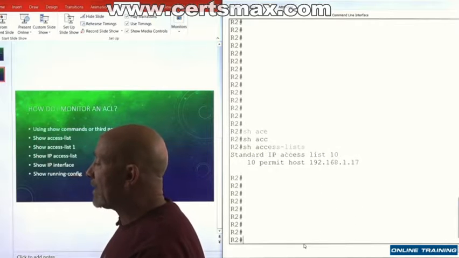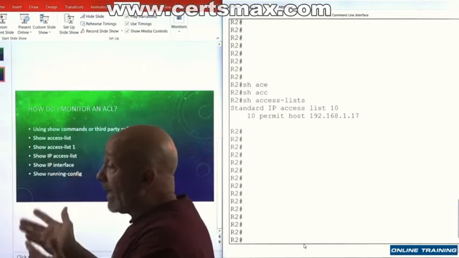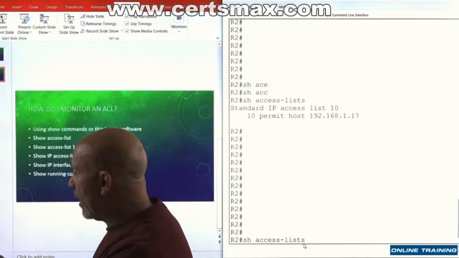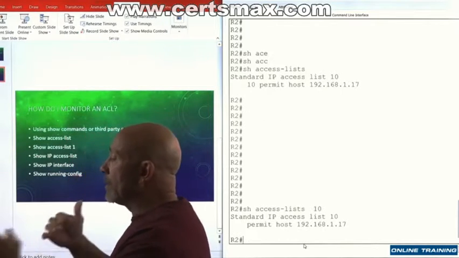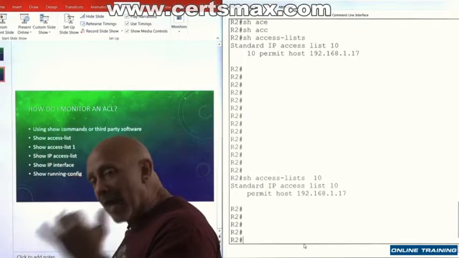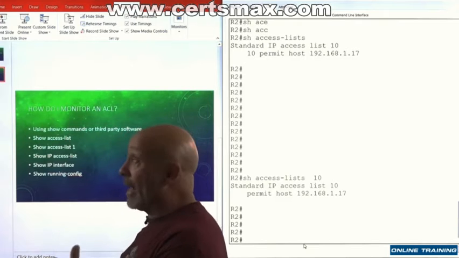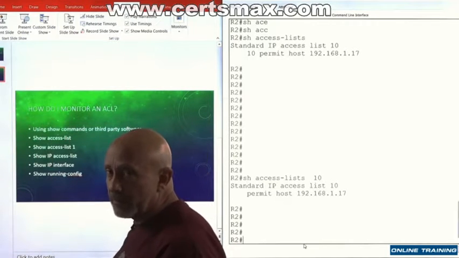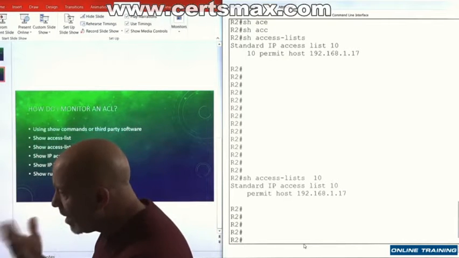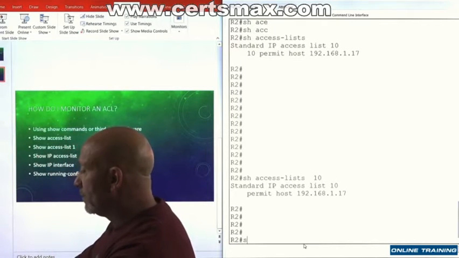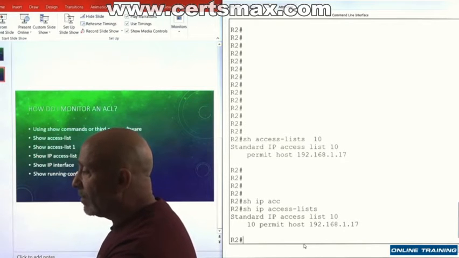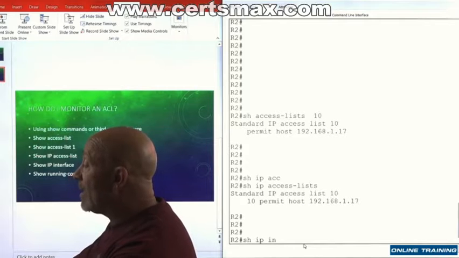And here we have access list 10, that's a standard IP access list. Or we can do, oops, let's up arrow, show access-list 10. The difference between one and the other is that show access-list will show you every last access list that you have on your router. So if you're looking at 20,000 access lists, you want to make sure that you pick a specific one. The next is show ip access-list. Same thing. Now show ip interface